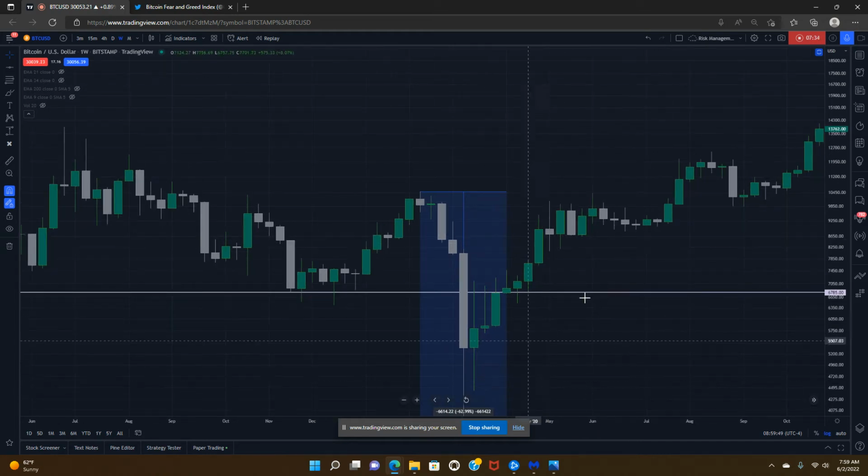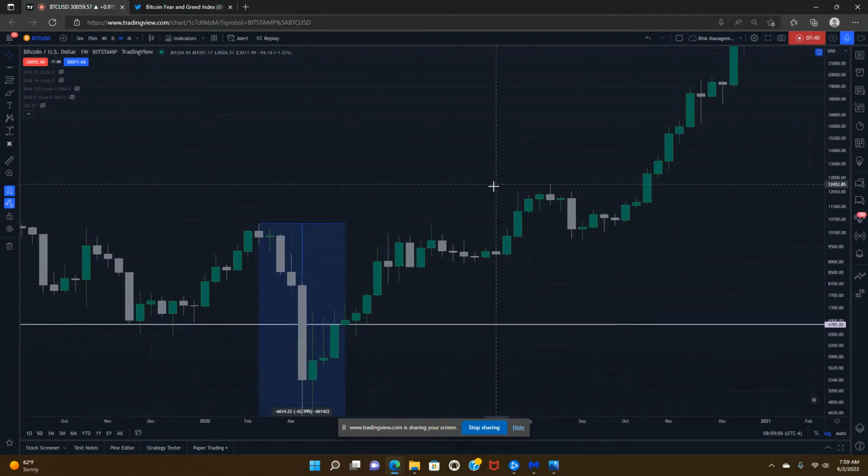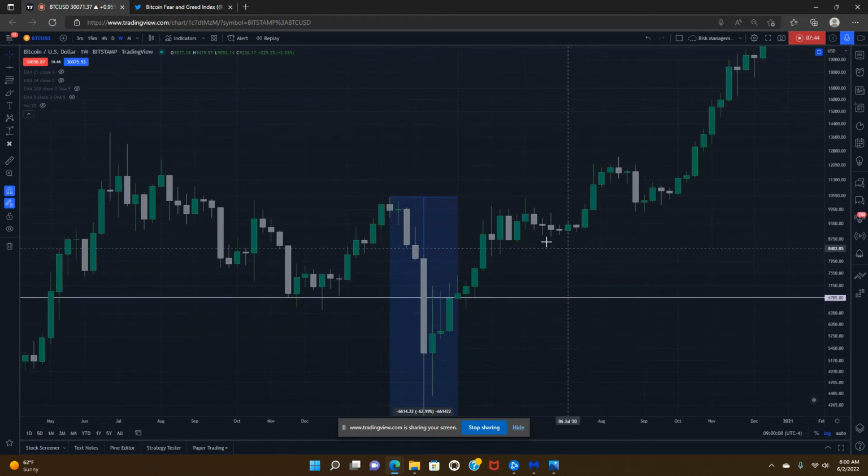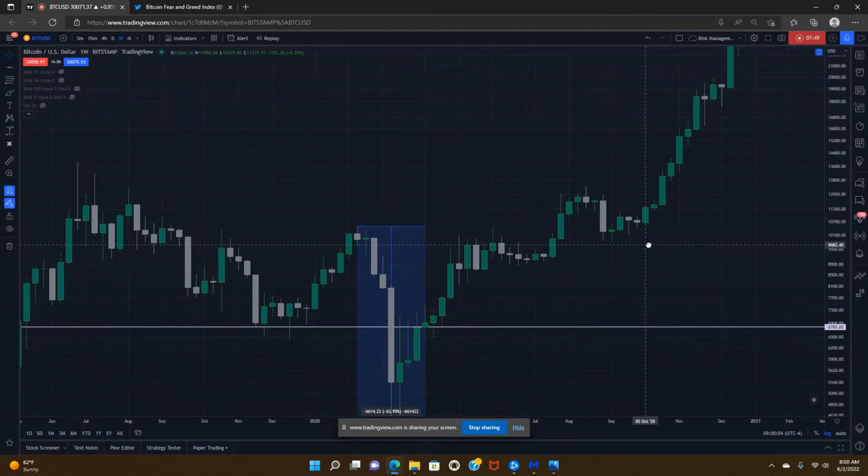But what you see is just a clear capitulation event that sets in a low, and then price drifts upward. And this really is the wall of worry, right? There's so much resistance here, resistance up here. People are not longing it until they get confirmation,